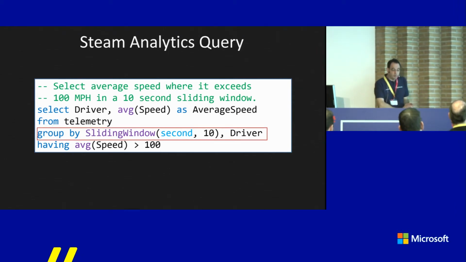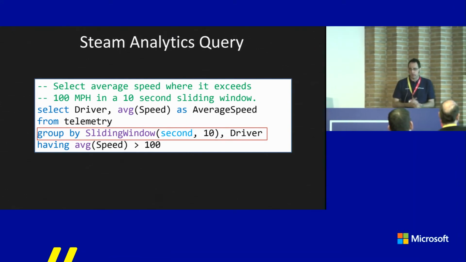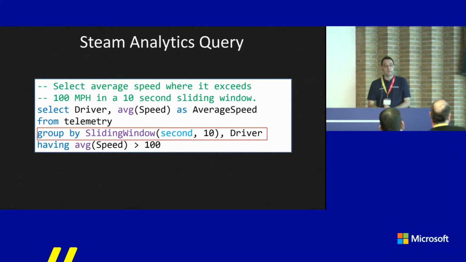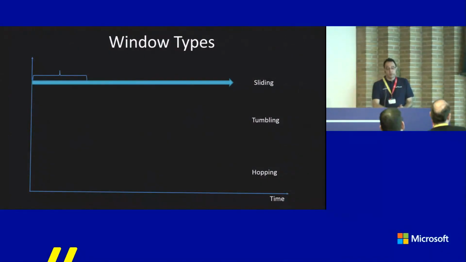The thing that makes this query different is a group by clause. I'm grouping by a sliding 10-second window. So that's really the only new thing that you've got to consider if you're a SQL developer who's moving on to Stream Analytics. So let's have a look at the different window types. We've got 3 different types of windows. The sliding window